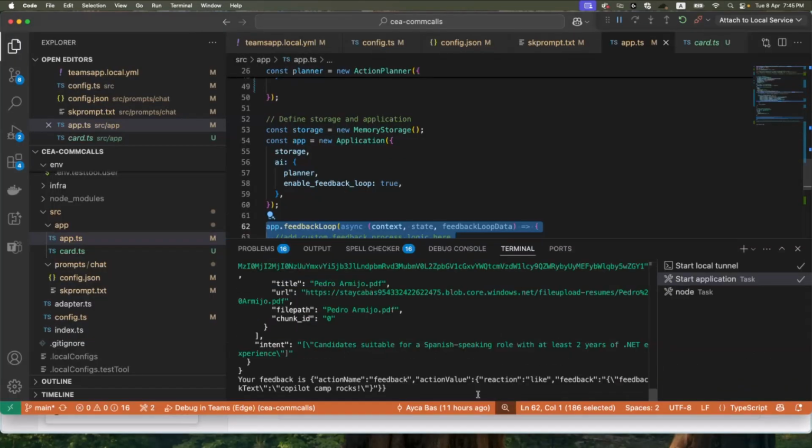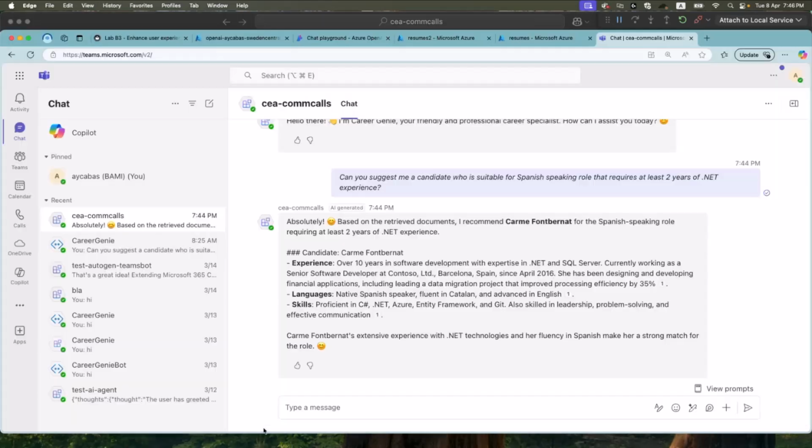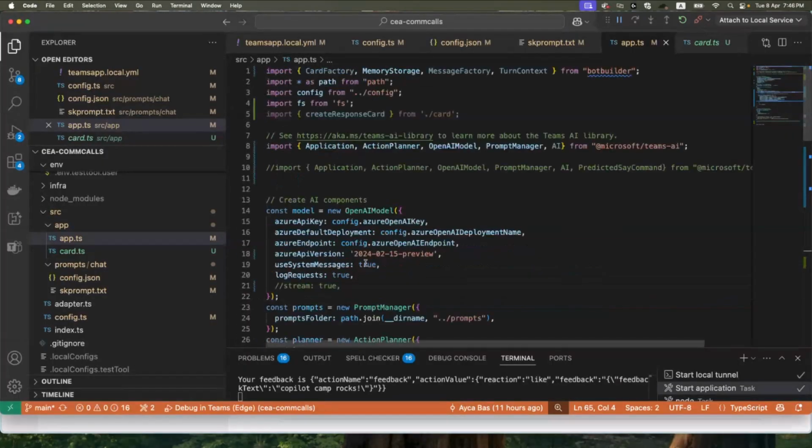As you can see, Copilot Camp rocks, and we are able to get the reaction like. So we are able to customize some of the experiences we're providing in Teams by just using app.feedbackloop. Another thing you can add is the AI label, which automatically comes in every agent response. But there are some other capabilities like adding adaptive cards, for example.